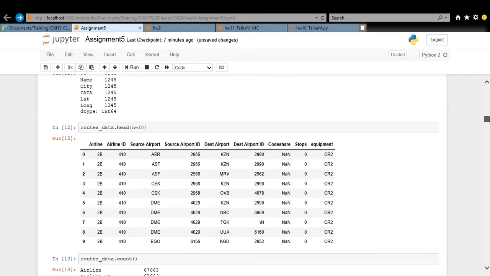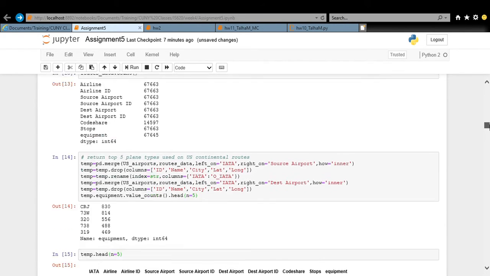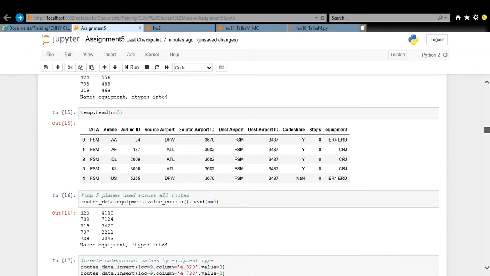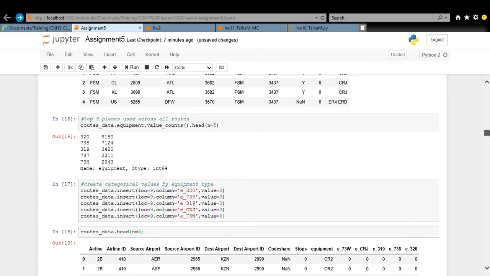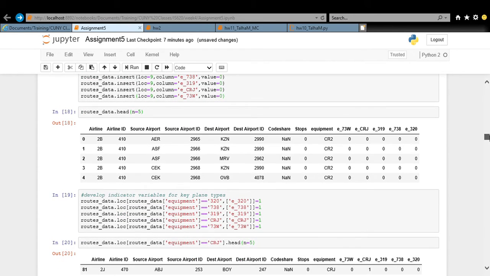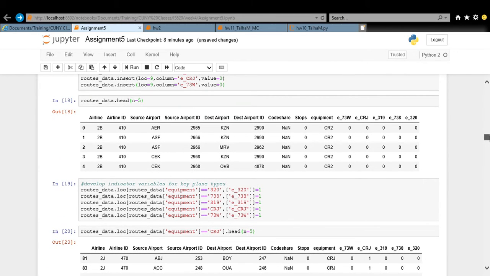And then I basically link the two data sets, the airport and the routes, and collapse the data so that I have only counts across the data. Now, before I do that, I actually have to identify the categorical variable, which in this case